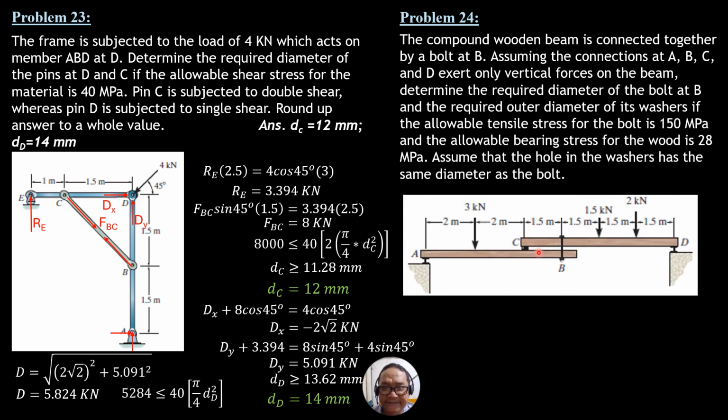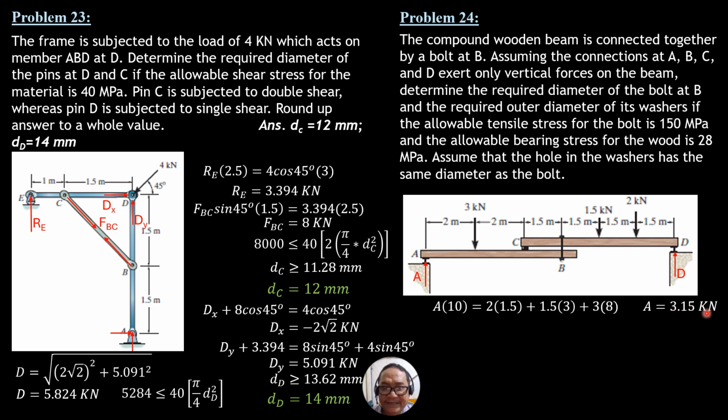So this is the given figure. Let's draw the free body diagram of the entire system. Let's sum up moments about D equals 0 to solve for A. So A times (2 + 2 + 6), which is 10, equals 2 times 1.5 plus 1.5 times 3 plus 3 times 8. So A is equal to